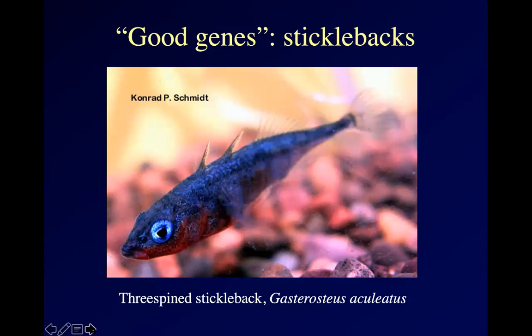This is a stickleback. They're found in streams and rivers on both the North Atlantic and the North Pacific coasts of North America. As far as I know, we don't get them here. They're called sticklebacks because you can see the male has little spines on his back. And you might notice that that male has red color on his belly.